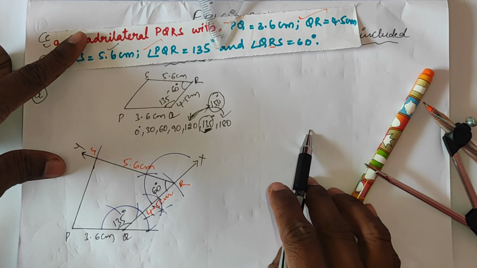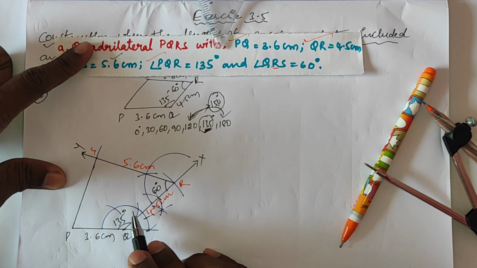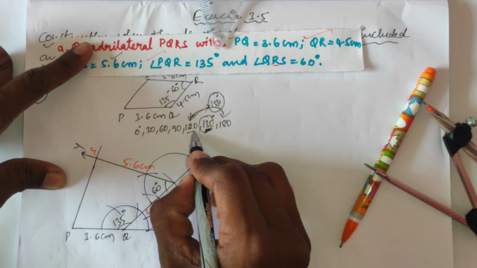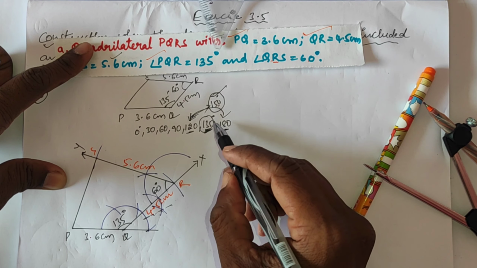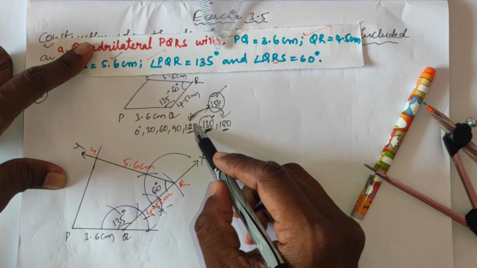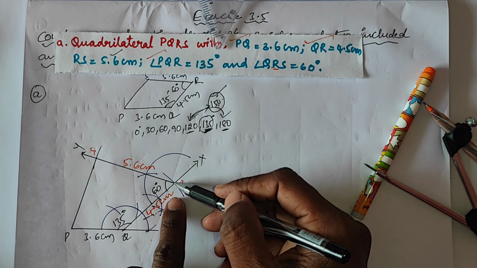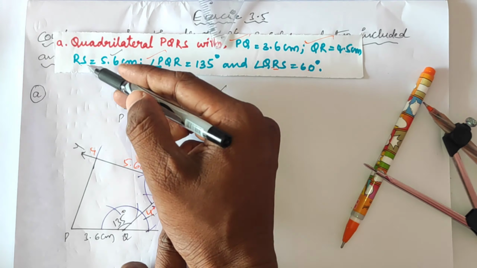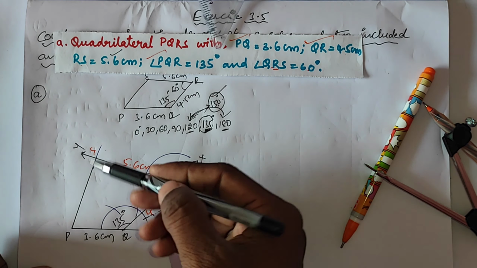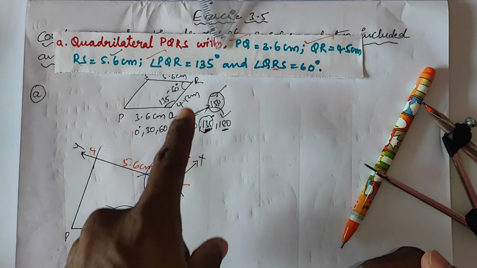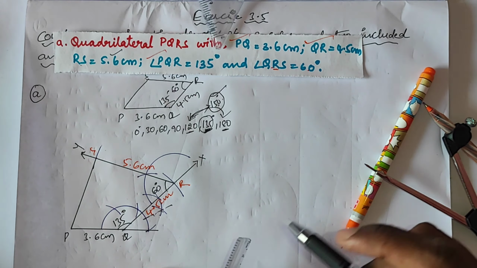Okay. So just a little bit you have to try for this 135 degrees. So first draw 60, 120, and 180. Between 120 and 180, construct a bisector, you will get 150 degrees. Now again construct a bisector between 120 and 150, then you will get 135 degrees. Again we construct 60 degrees, and with the given length RS, we cut the ray, we got 5.6 centimeters, and joining P to S, we got the required quadrilateral PQRS. So this is about the first question.